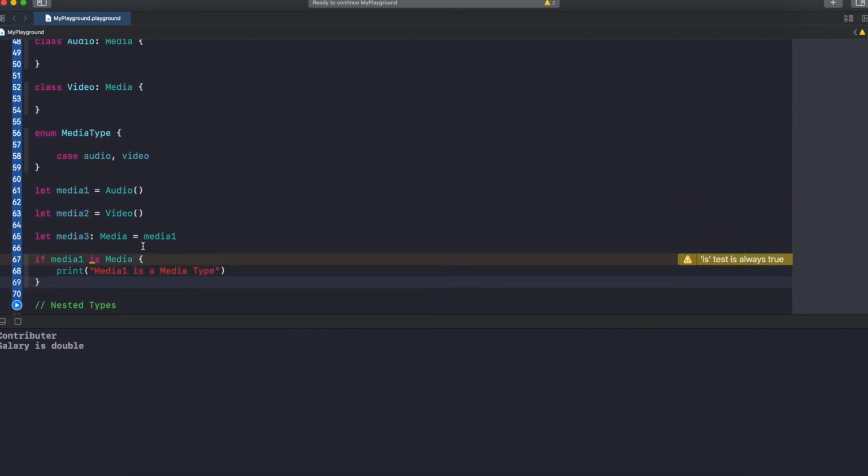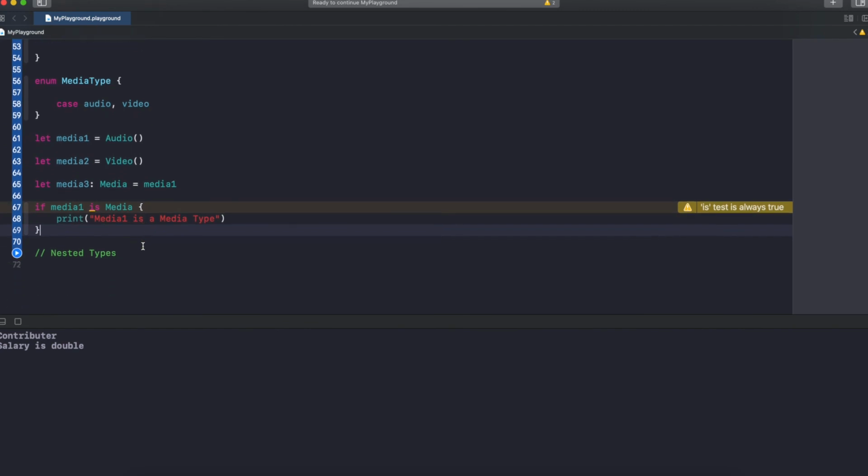So this is the way we use the typecasting feature to compare the data type of the object or convert from one object to another. Or, if you don't want to do it like this, you can write media3 equal to media1 as media. We are just converting this media1 audio type to the media type. So here we are casting media1 to the media type. This is how we use the typecasting feature.